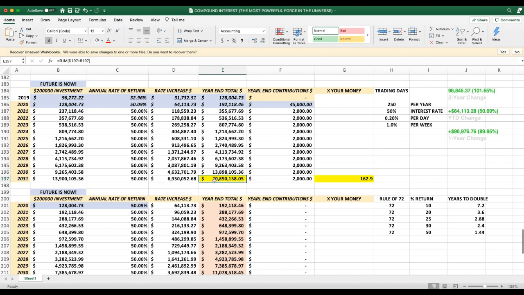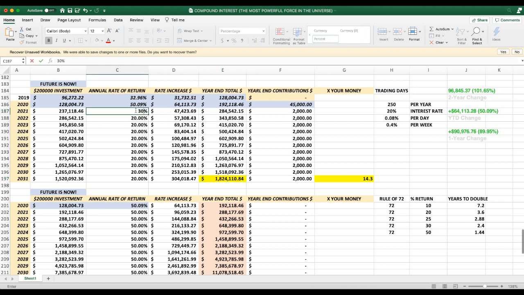I don't expect to do 12.8 million. I will be perfectly happy with 1.8 million in the account, hitting 20% a year for 12 years. I will be perfectly happy with that. I'm pretty sure I can hit 20 in my sleep. But the minimum that I want to hit is 30. Why? That's 4.3 million. That's solid retirement money. It's not total life-changing money, but it's solid.